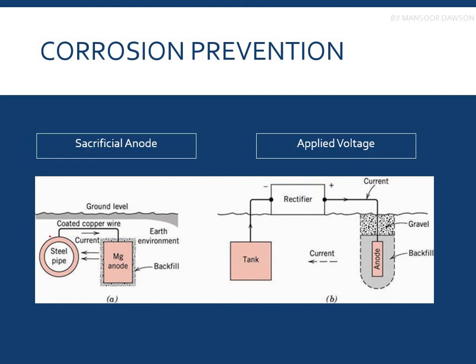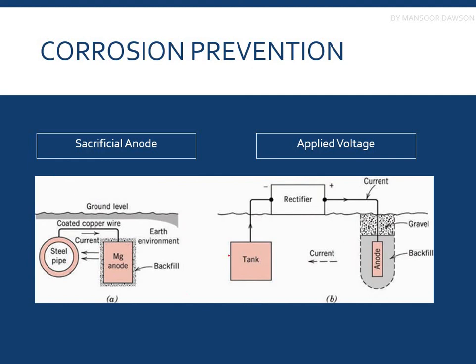Okay. So what will happen is the magnesium anode, or you can use zinc or aluminum, these anodes would react first in order to protect the steel pipe, because these anodes will be supplying the electrons to the corrosion environment rather than the steel pipe. Okay. So this anode would be consumed, and this is called a sacrificial anode. We can easily replace these anodes and protect our pipelines, especially the underground pipelines.